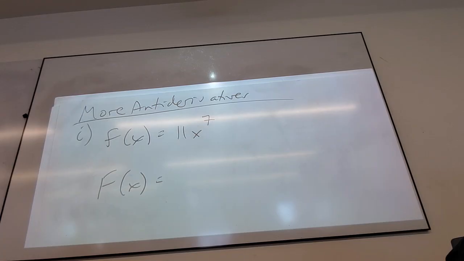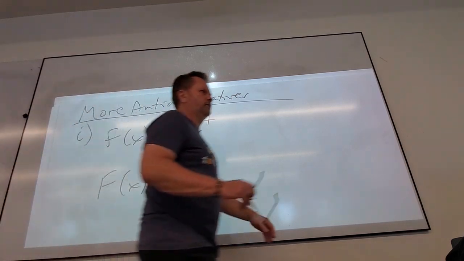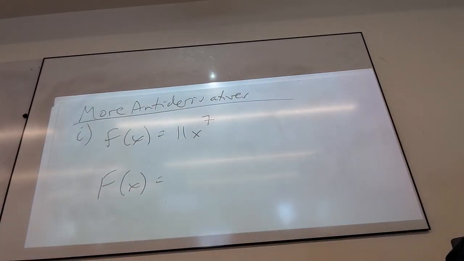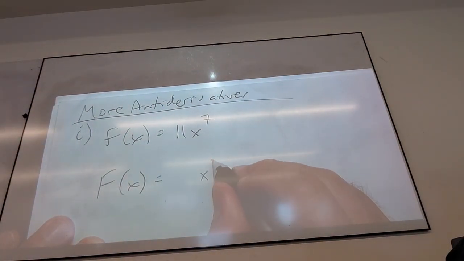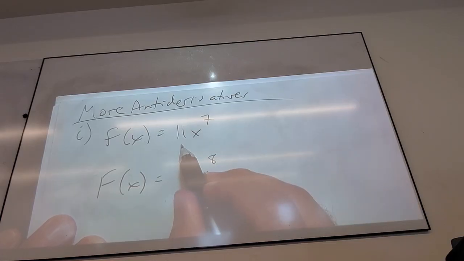Big F. We're going to develop a rule, and I'm going to show you how it meets what you know inverses should do. Do you all agree with me that finding an antiderivative is the inverse of finding the derivative? It's the opposite by definition. So how would I find this guy's antiderivative? It's got to be an x to the 8th, but it's a poor little 11, right? 8 times 8.